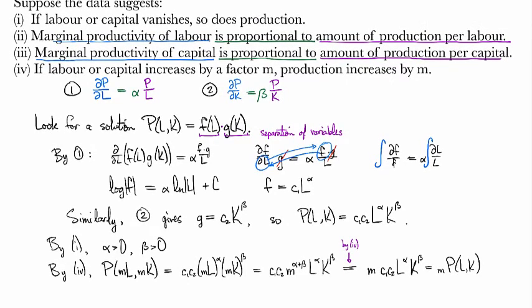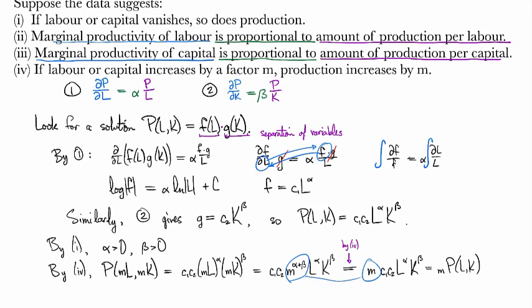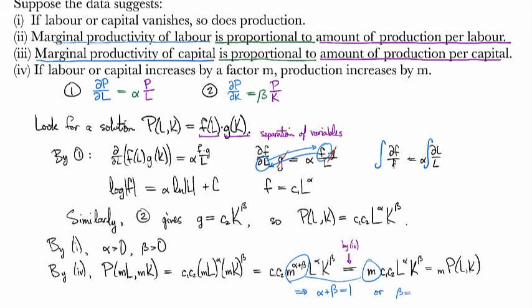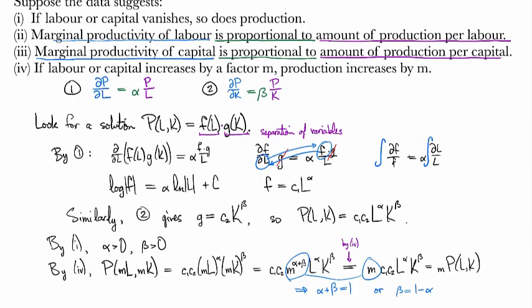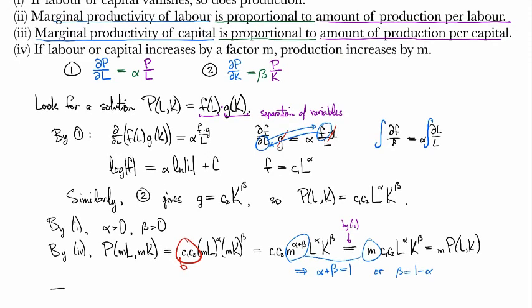And so from this, we compare and go, oh, this guy and this guy have to be the same. So that implies alpha plus beta is equal to 1, or beta equals 1 minus alpha. So putting this all together, and I think also I'm going to ditch this thing right here and just refer to it from now on as the single constant b, because what is it? It's some constant. Then that gives us our formula